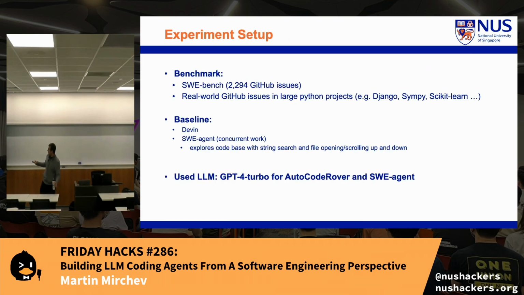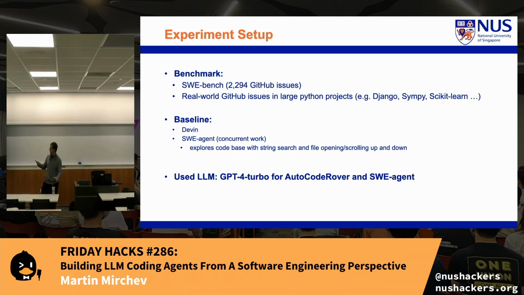Now, when AutoCodeRover was being developed, there were really two big benchmarks at that point in time, and one of them is still the benchmark. Almost everybody related to software engineering knows about this benchmark at this point, SWE-bench, which was a collection of 2.4 thousand issues from big open source Python projects. So we're talking about Django, Astropy, NumPy, SciPy, really projects that are used every day by millions of people. So one would expect that the issues there are realistic.